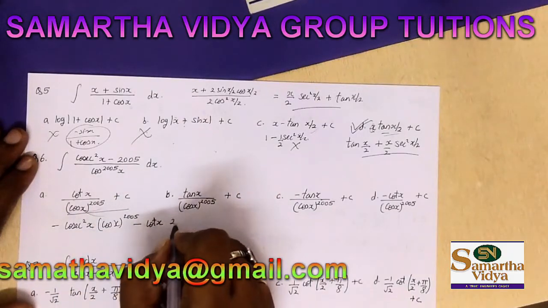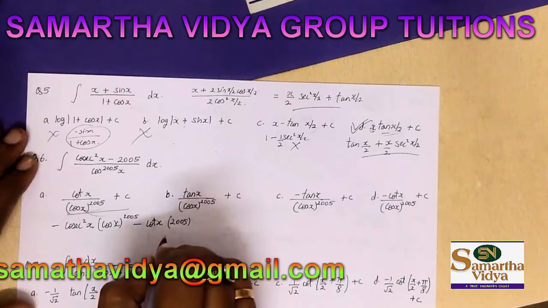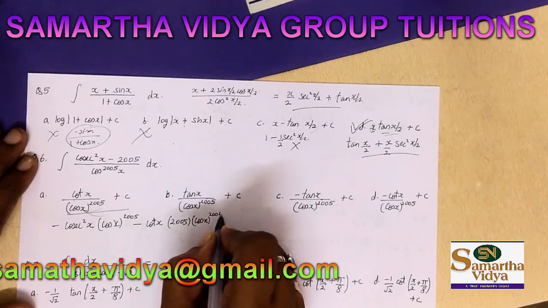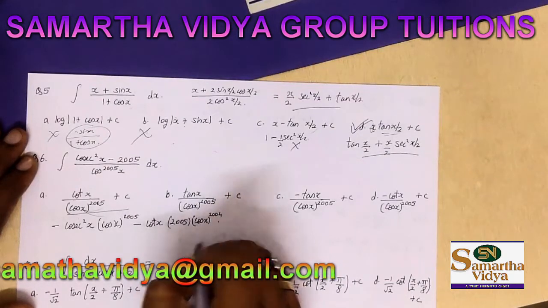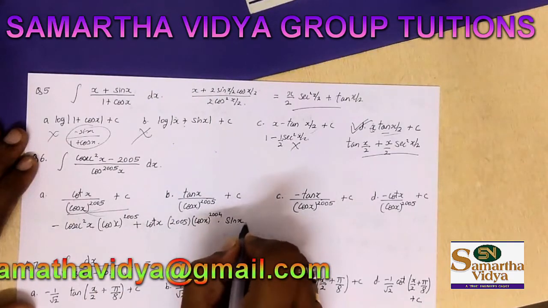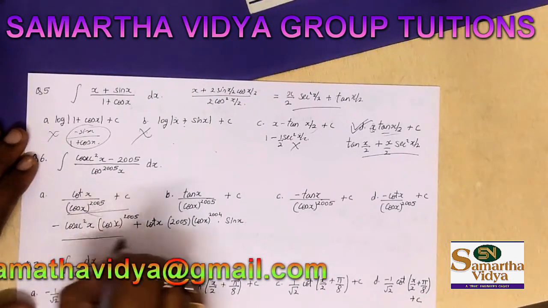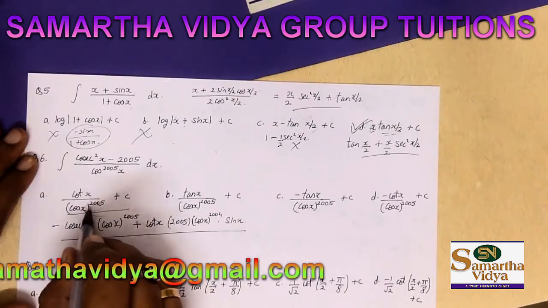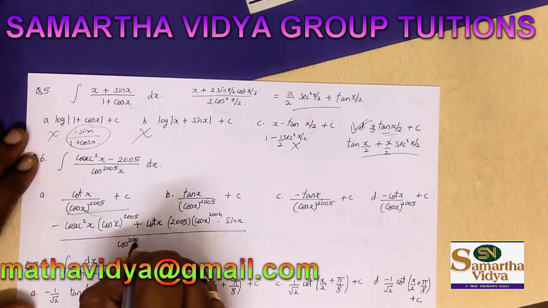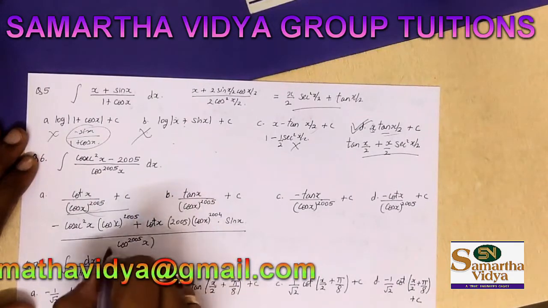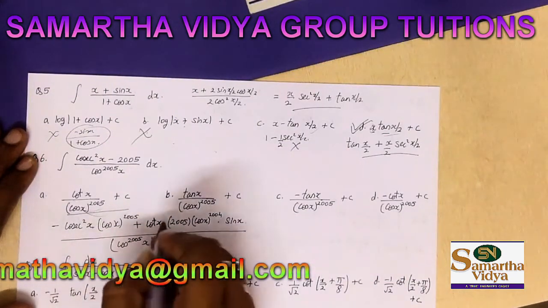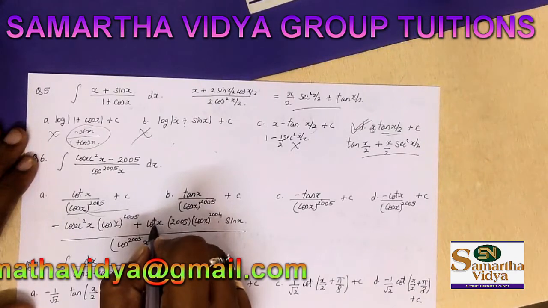So that's nothing but 2005 multiplied by cos x raised to 2004 into the derivative of cos x, which is minus sin x. So that becomes plus sin x, divided by the square of the denominator, so that becomes cos x raised to 2005 the whole squared. Now in this, what we can do is we know that cot x is nothing but